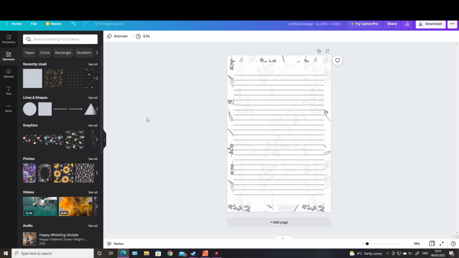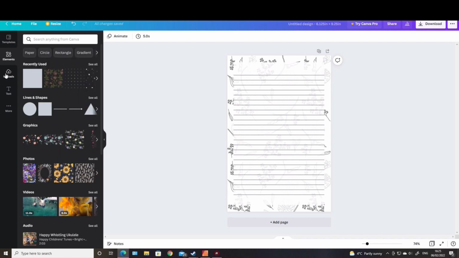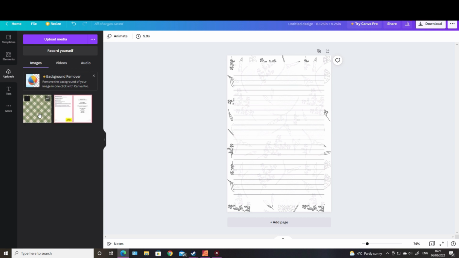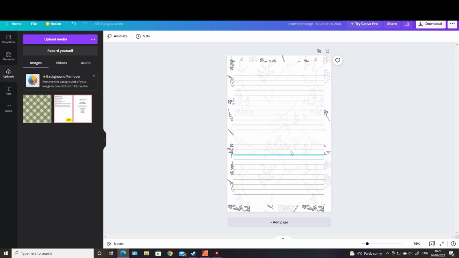You're not just limited to the patterns that you can find on Canva. You can still upload your own. So this is the image that I uploaded. I could send that to the back and stretch it out the same as this. It would be colour, but that doesn't matter. If you find some decent black and white repeating patterns, if you do a